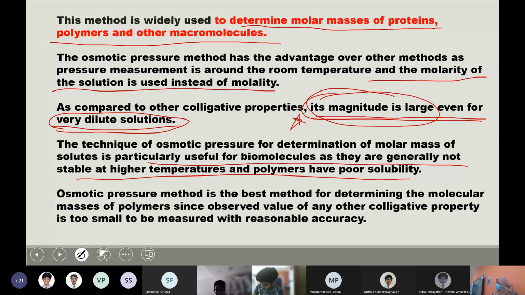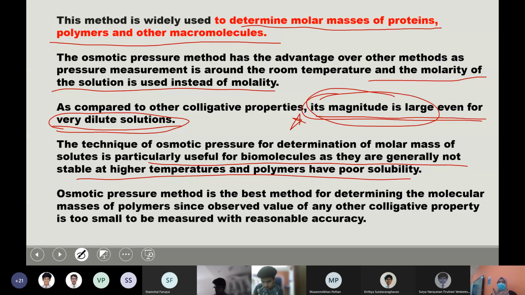But we know that in the elevation of boiling point method, you have to literally heat a substance. So you take salt and add it to the water. Even if you're heating, nothing happens to the salt. But if you have a biomolecule, for example a protein, these biomolecules are set to a particular optimum temperature. They don't work at all temperatures. So if you're doing the elevation of boiling point method, you have to heat it. When you're heating, these proteins will get spoiled, denatured. So that is the main reason you can't use the other method.